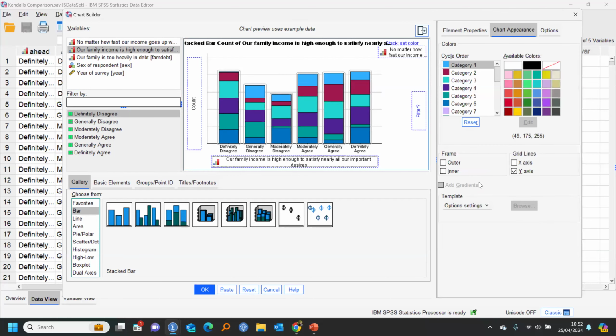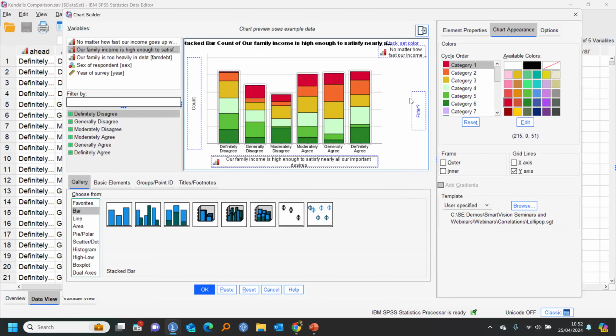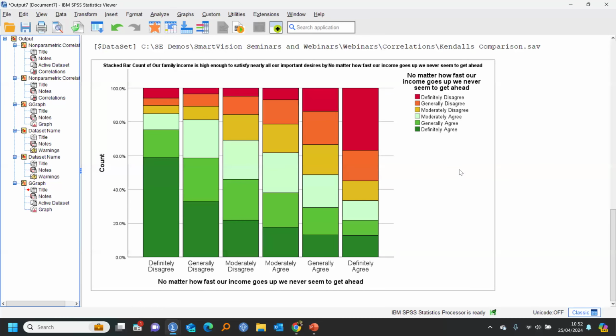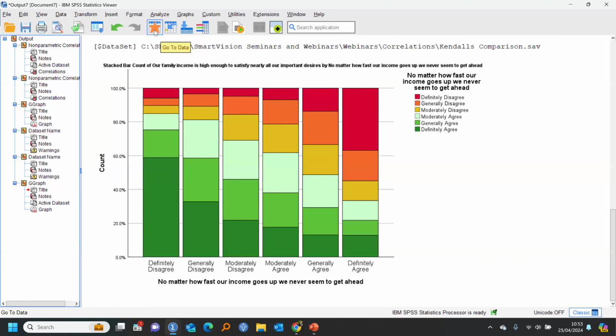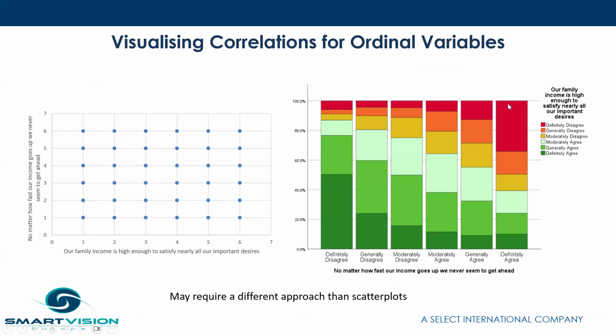So we actually have a set of our own templates that we can use, and you can download these off our website. We have a bunch of chart templates. This is one I created called Lollipop. Click OK at that point. It produces this way of representing the relationship between these two variables. You can see they're linearly opposite. The more one has a definitely agreed, then they tend to have a higher degree of the definitely disagree category in the other variable. And it's probably one of the more simple ways to represent the relationship, the correlation, if you like,